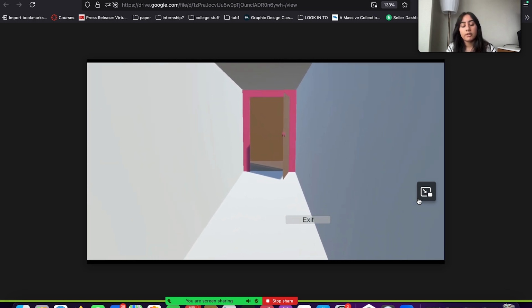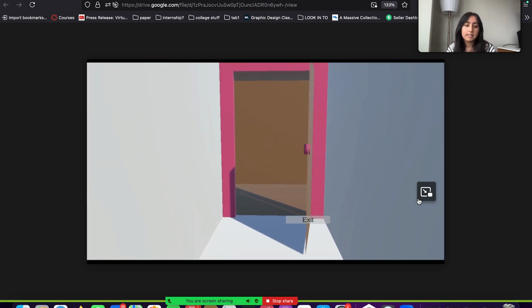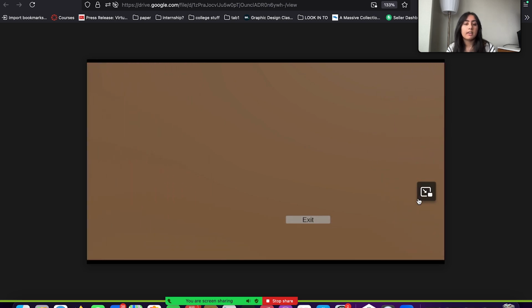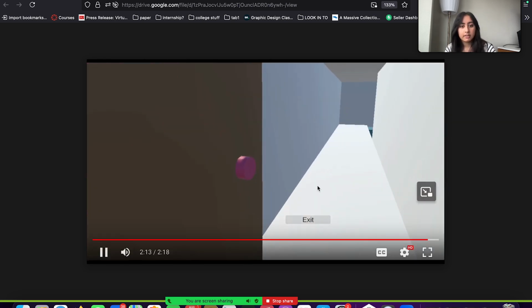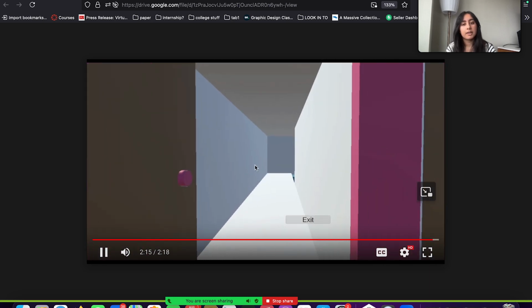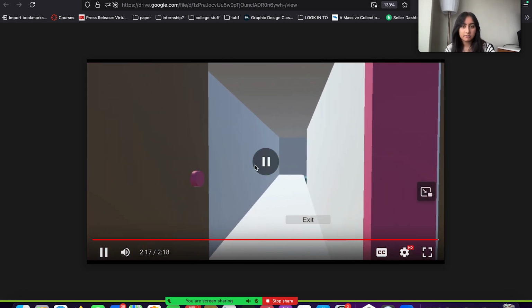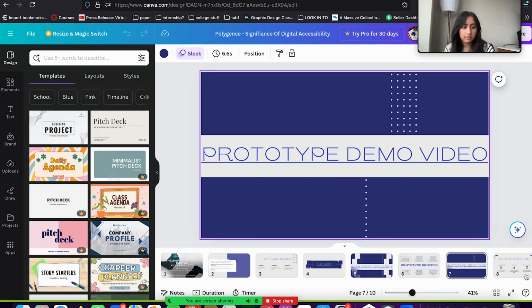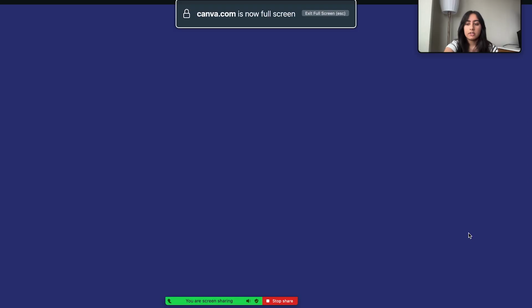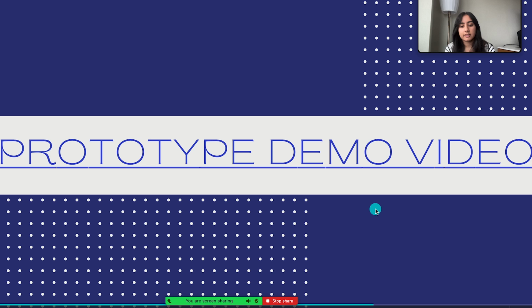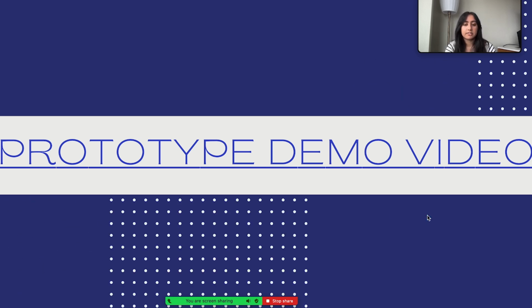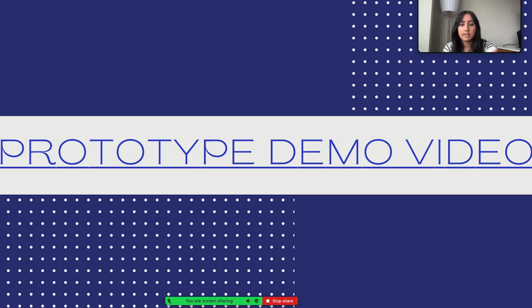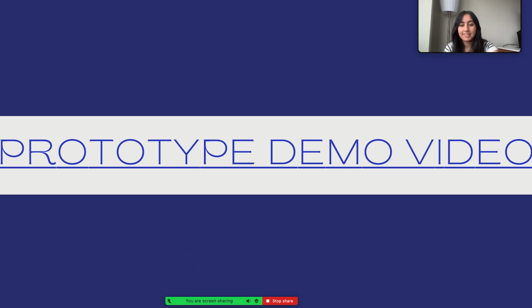Once the player reaches this room and has completed all the other rooms, then the player is able to leave and exit the game. This is just the current prototype. It will be iterated on in the future. The goal is to create an immersive experience that not only entertains, but also educates players about real-world challenges faced by individuals with disabilities.